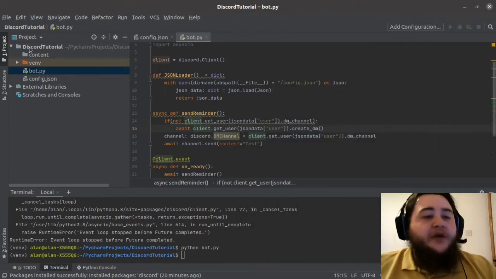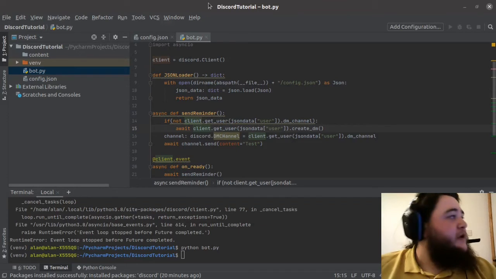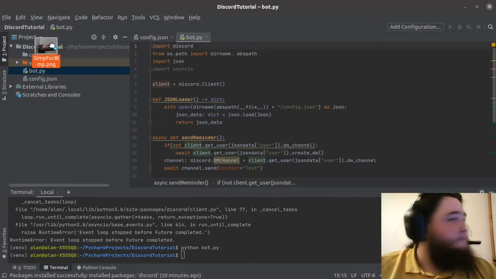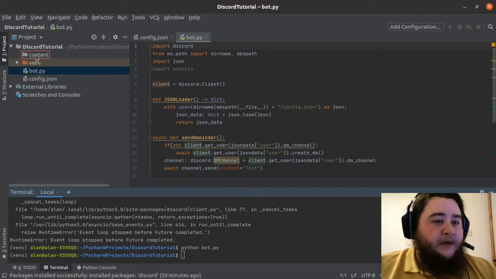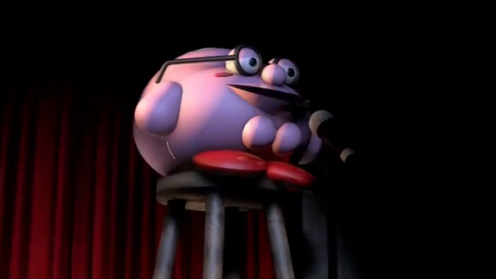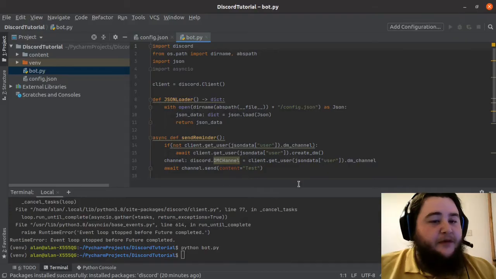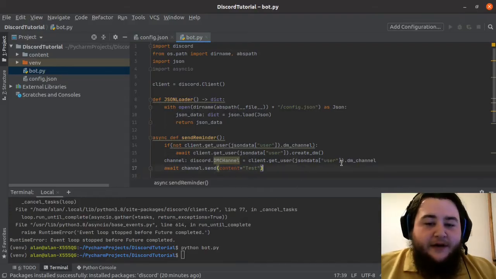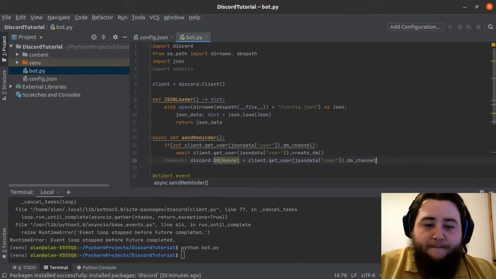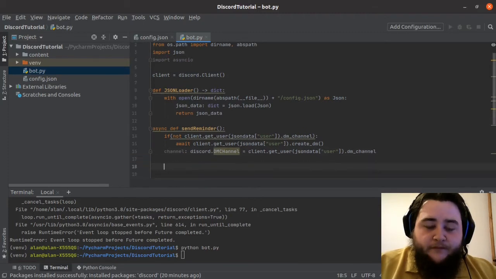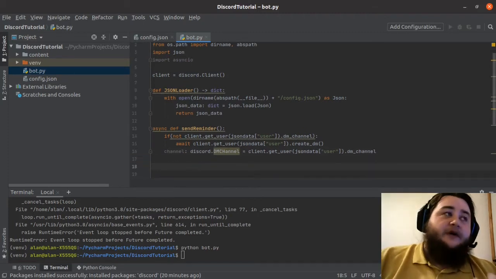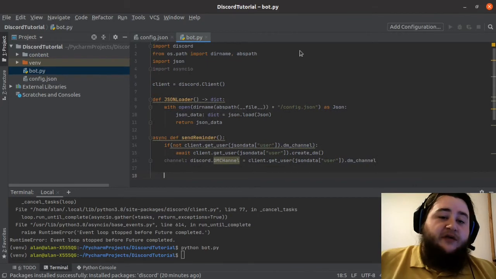So what we want to do now is I'm just gonna grab a file and I'm gonna put it into our content folder. Sim for BIMP. Oh yeah. And now we're gonna remove this. We're done with that. Cool. So now this is where we need